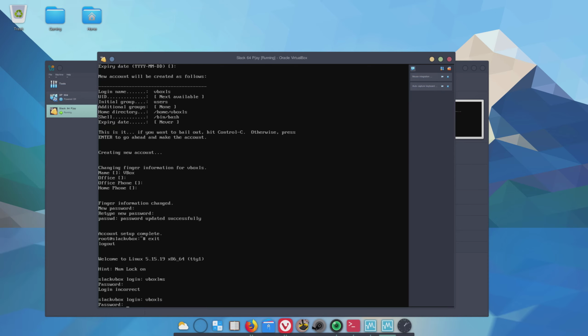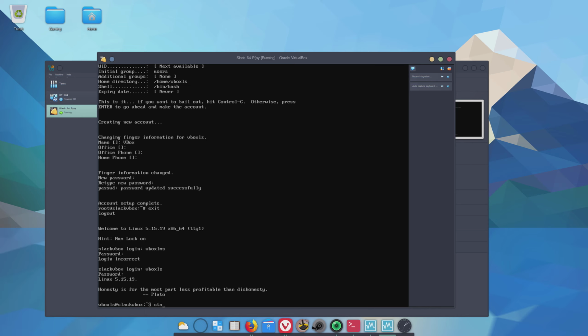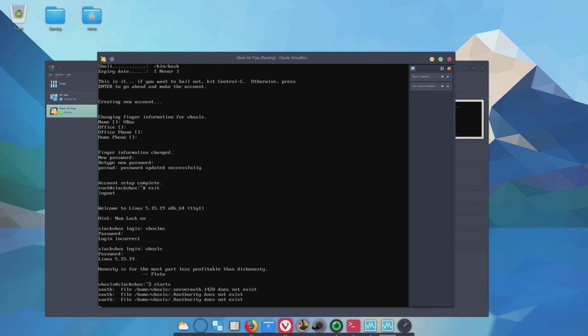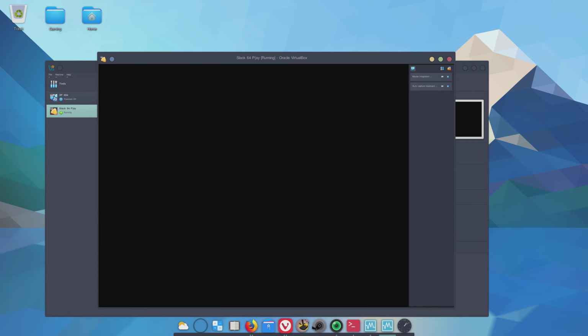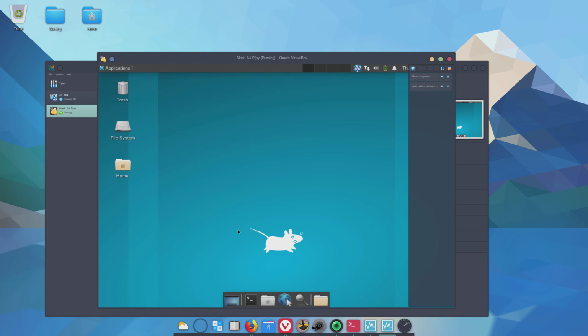Helps to type in the right username. Yep. All right, that's Linux with XFCE, and I can go in and